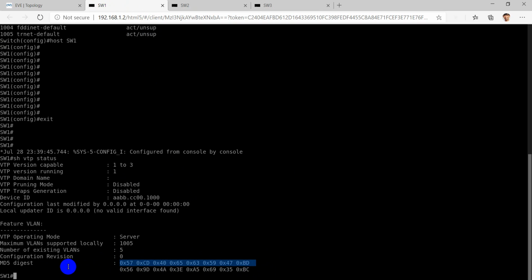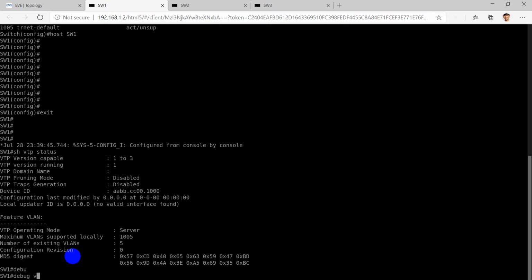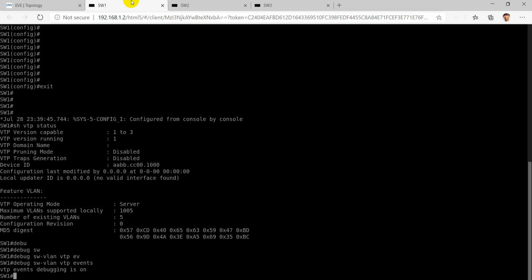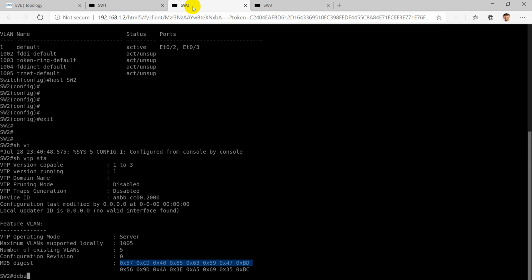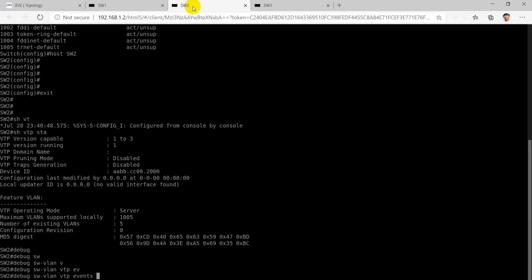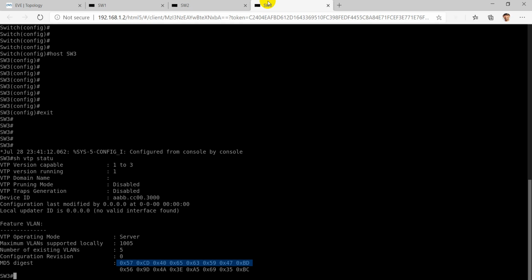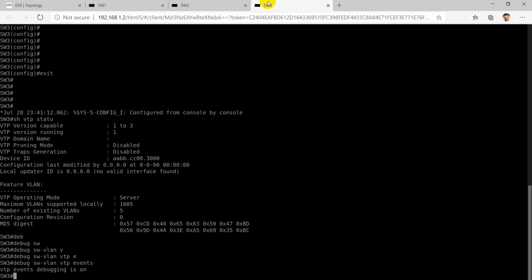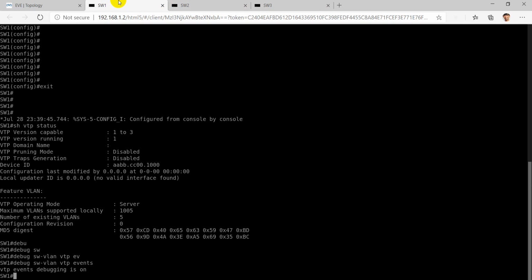As the MD5 value will be recalculated, I'll turn on the debugging for VTP events: debug switch VLAN VTP events. So the VTP debugging is on currently on all these switches.